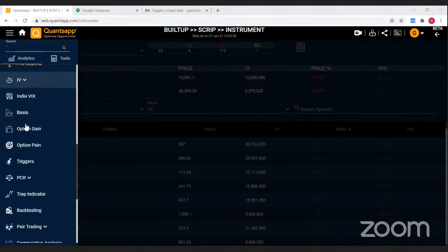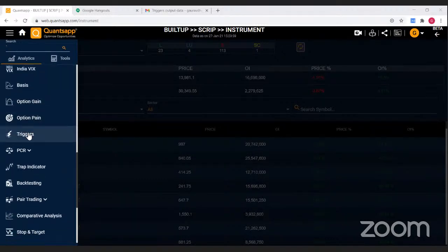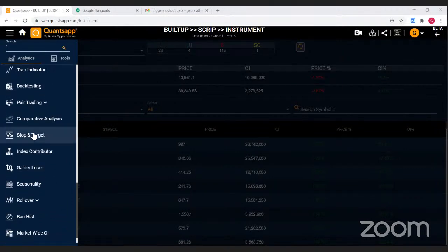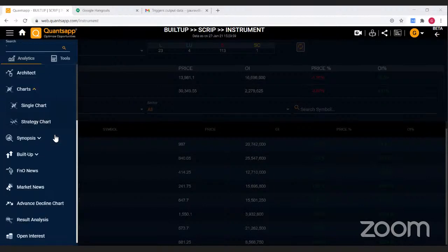Meanwhile, you can also put the things you want. Triggers, stop and target. And we can also take the gainers and losers if time permits, or the rollover. So these are the tools we are taking today. So we'll start